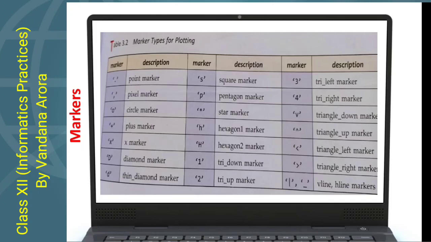You can see dot marker, greater than, less than, caret sign, 3 for triangle left marker, 4 for triangle right marker, 2 for triangle up, like this. p for pentagon, s for square. Clear? Plus for plus sign marker.